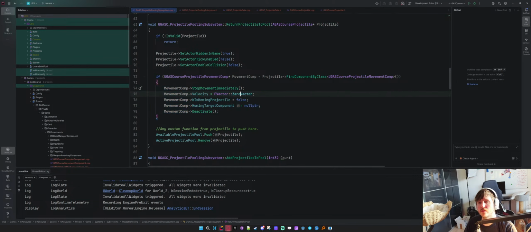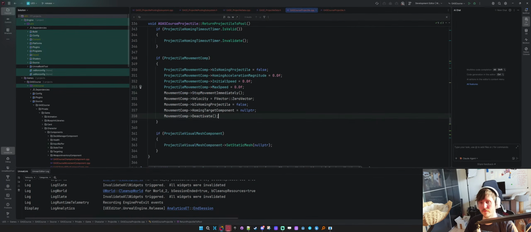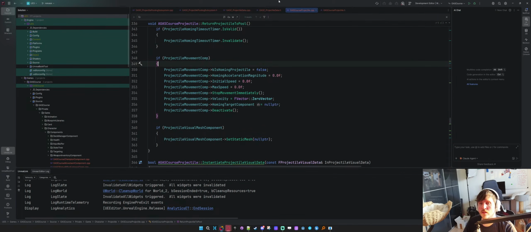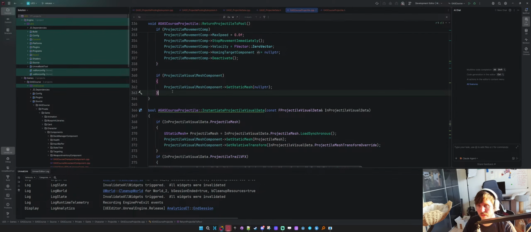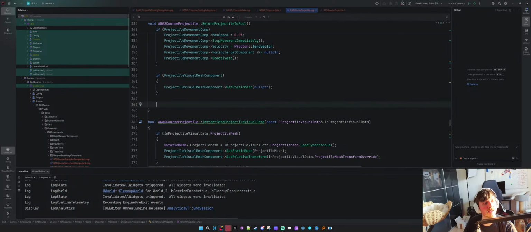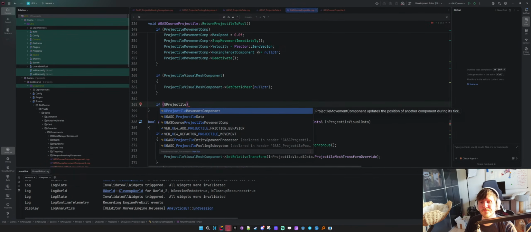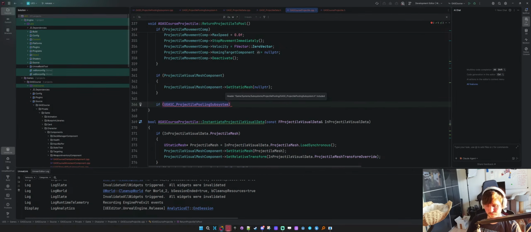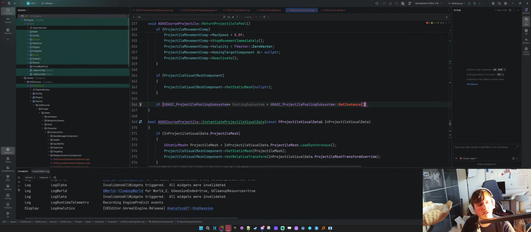I'm gonna copy some of this. That should handle it. Yeah, and at the very end, I always forget the syntax. Figure this out wild style. Do projectile pooling system. Not get instance, but